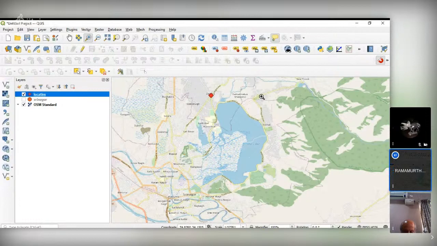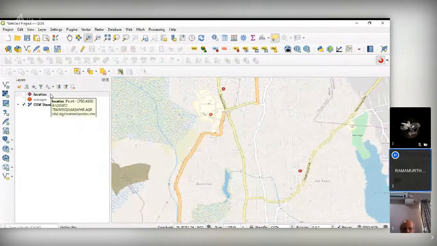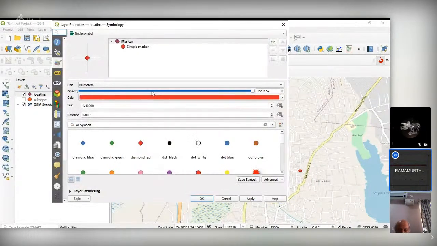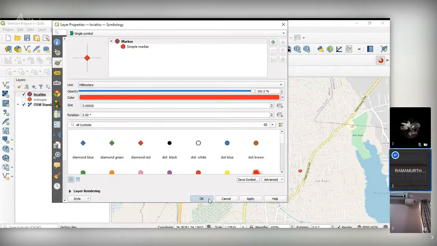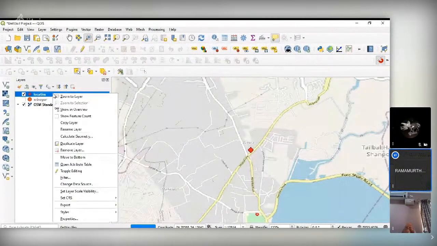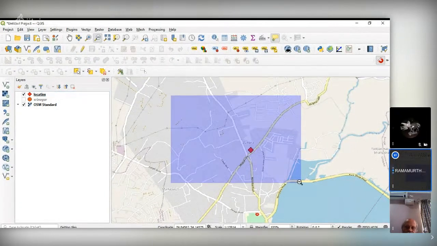So this is for points. Next is digitizing the lines.